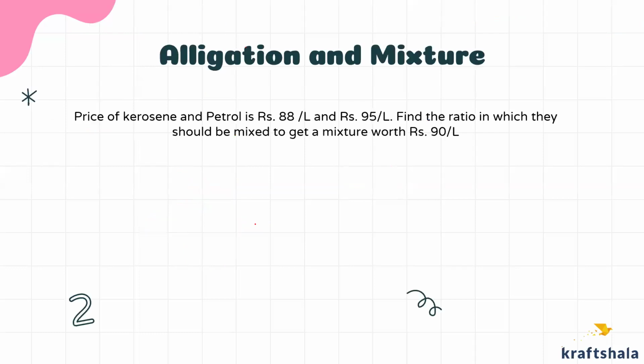Let's start with the next one. That is mixtures and alligation. Mixture alligation is actually a very important topic in general, or this topic tends to get very difficult as well. But placement ke point of view se this is very simple, right? So as of now, it is simple. So first, let me tell you ki what do these terms mean. Alligation, what does this mean? So let's take a practical example.